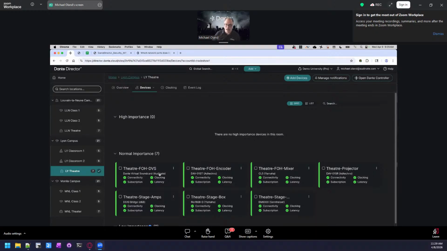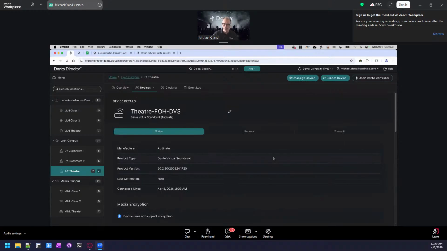And that's what our notifications allow you to do. By default, you can do email notifications. So say, hey, I want to get an email when something goes offline. But one of the things we want to avoid is lots of notifications about things that don't matter. So, for example, you might have an AVIO that sits in the corner that you pull out once a month for some kind of meeting, that just isn't always online. You don't want to get notified of that.